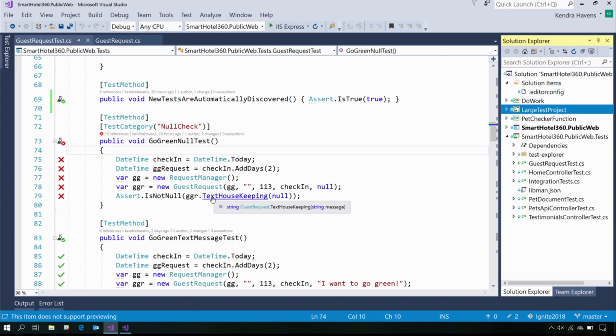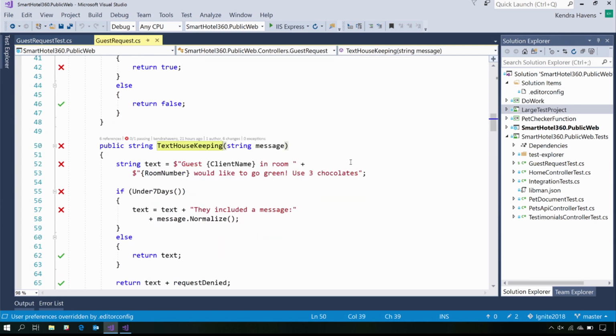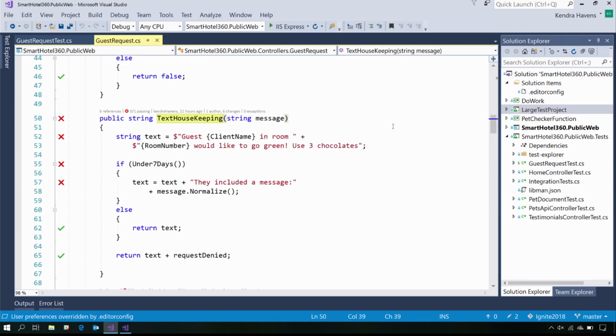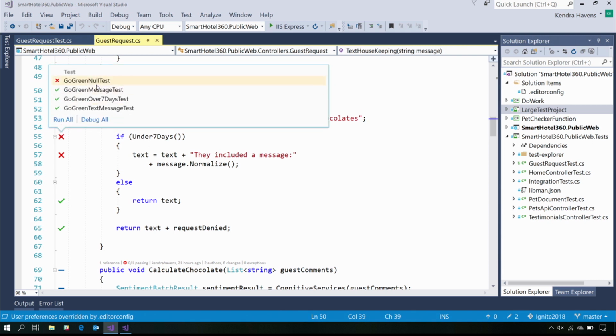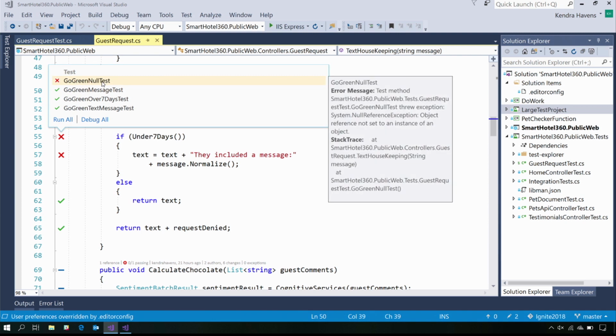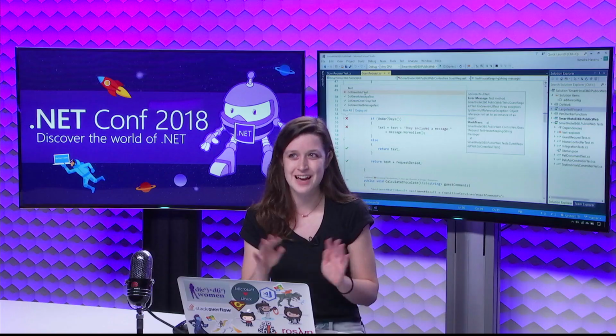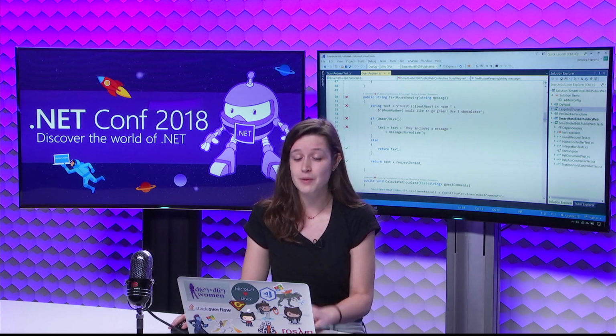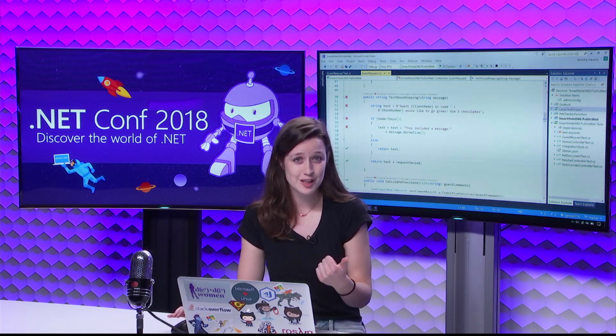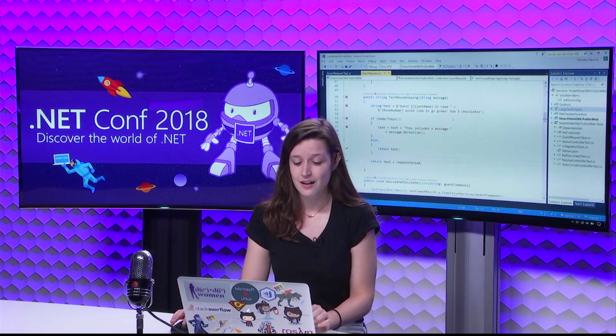So I'll go ahead and use Control-Click to investigate my text housekeeping method. This is part of my Go Green request. You can see that the title of the test, my Go Green null test, was failing. So this is if a customer at our hotel wanted to go green for a while and opt out of all of the new towels and getting new sheets every single day, because nobody needs that much. So as part of that function, they can also text housekeeping and we can insert a message for them. But it looks like